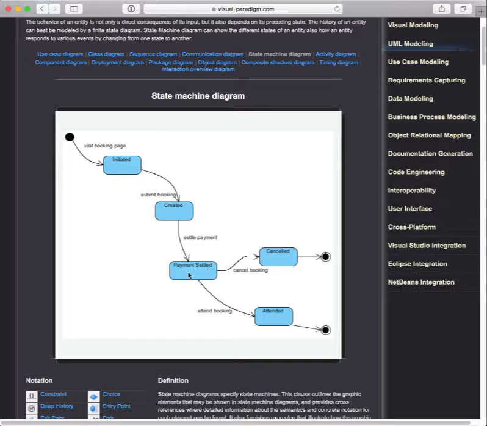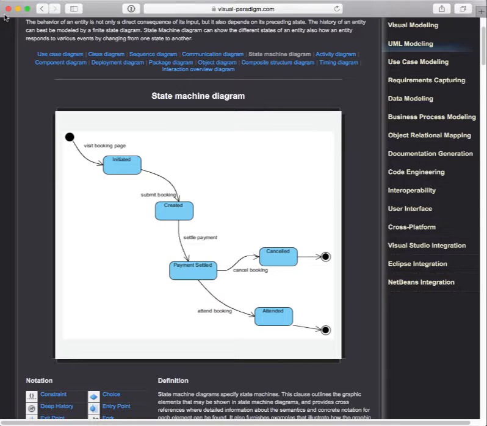Within our application, we go from payment settled, and then the next time we get some kind of experience with our customer, they've either canceled or they've attended. Okay? And I would say the third thing that could happen would be the event could happen and no one could use the ticket, in which case it would be a no-show. Okay, so notice here that we don't have any kind of decision symbol or anything that comes out of payment settled. We just have two possible paths. Okay,